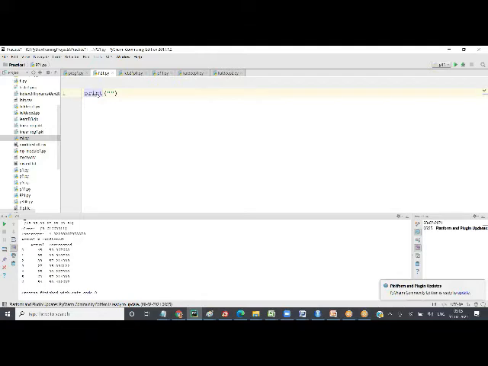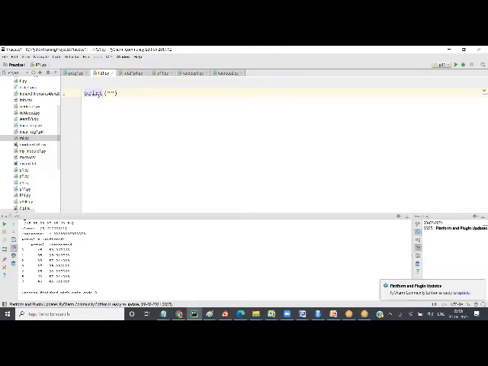The third step is output. Whatever the computer has done is printed on the screen or given to you. Whether you want to launch a browser or perform a machine learning algorithm, it is going to give you the output. So it takes input, processes it, and the third step is output.